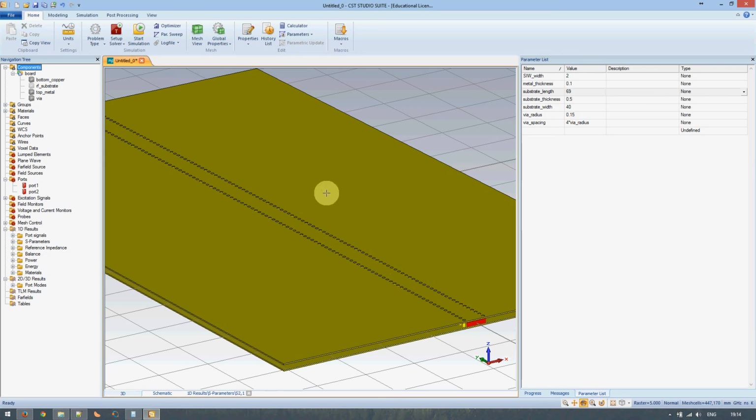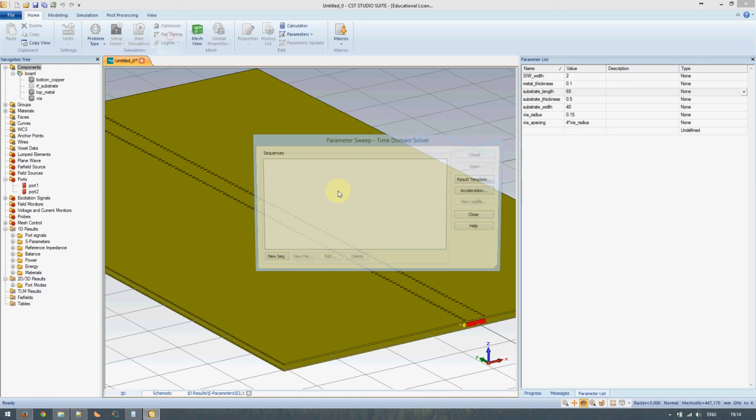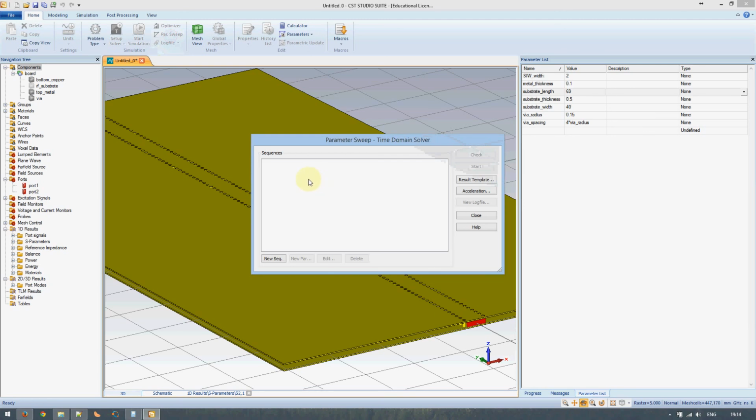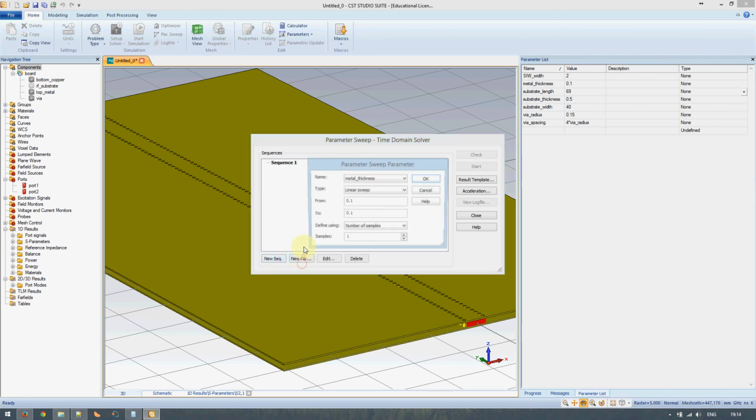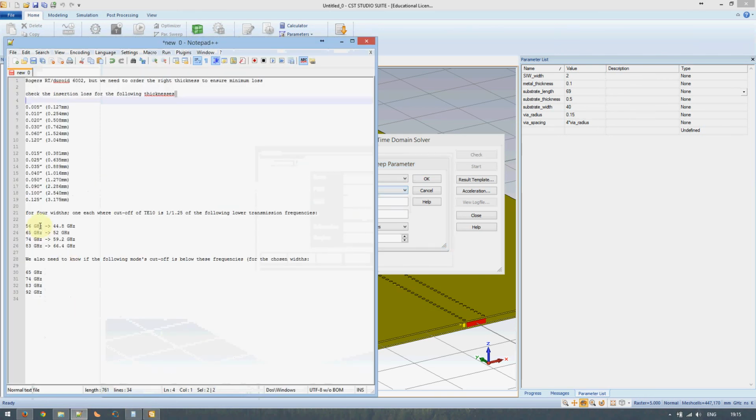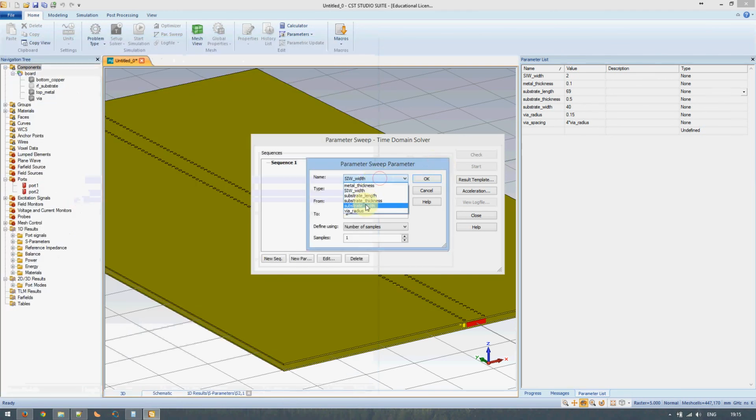Okay, so the next thing that you will likely want to do is a parametric sweep, if you want to run the same simulation over a number of different parameters. New sequence, new parameter, say you want to sweep SIW width: linear sweep, logarithmic sweep, or arbitrary points. If you have specific points that you would like to use, for example, these board heights, the substrate thickness, arbitrary points,